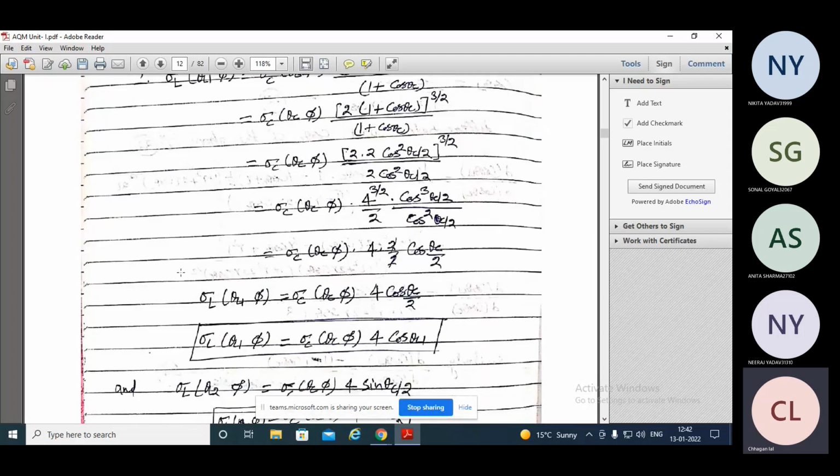तो फाइनली वी हैव ए रिलेशन for differential scattering cross section in laboratory frame or the C frame। हमने शुरुआत में कहा था मैथमेटिकली बोथ आर सेम बिकॉज द यूनिट्स आर सेम in lab frame and C frame, but there are some kind of multiplication factors which distinguish these differential scattering cross sections like H।